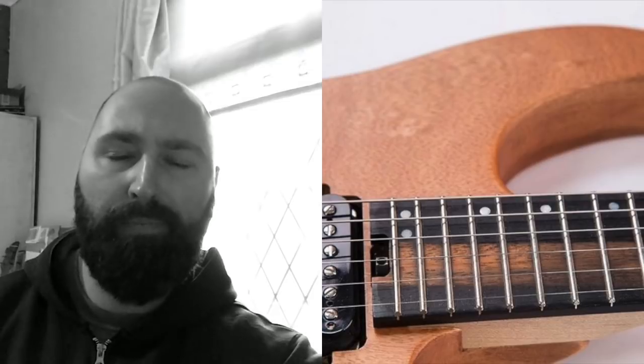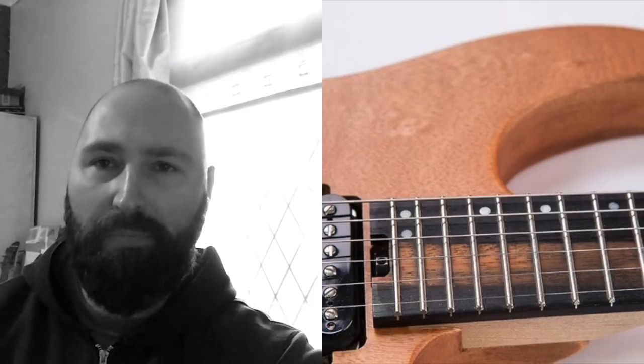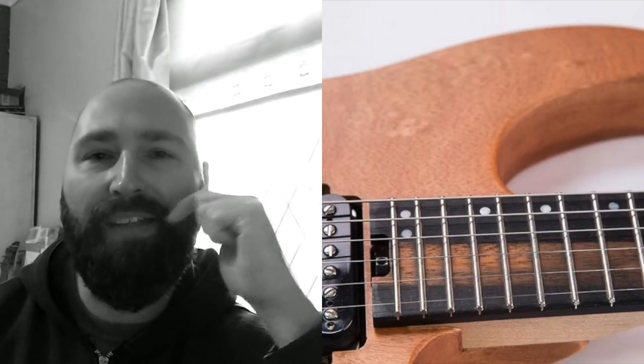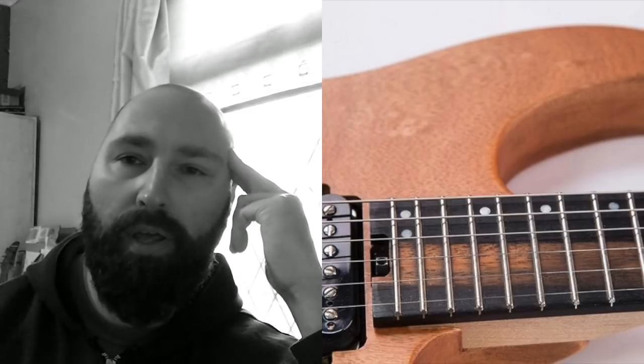Now, what's really interesting about this picture that Charvel put out is that also what I got right was that they would thin down the neck joint, the heel on the neck, and stop it being like a Strat bolt-on fixture there, which does get in the way a bit, and make it a bit more sleek and slim, and that looks like what they've done. As you can see in the picture, it's definitely slimmer, definitely thinner, and it does resemble the old Jacksons